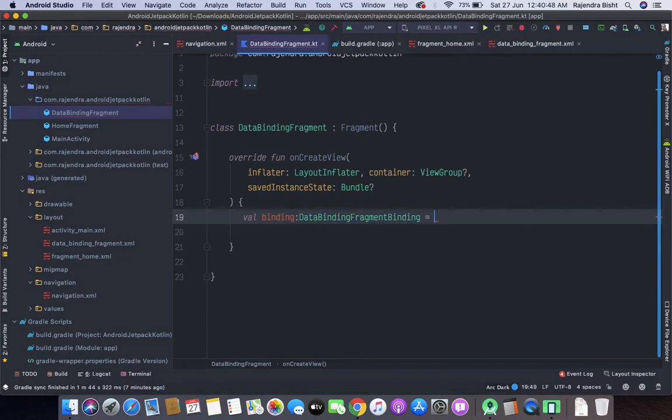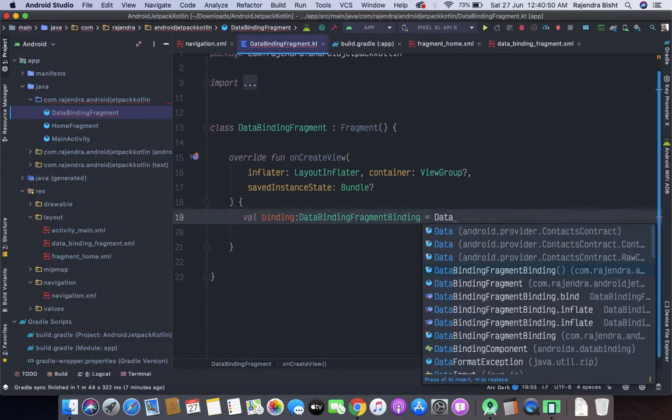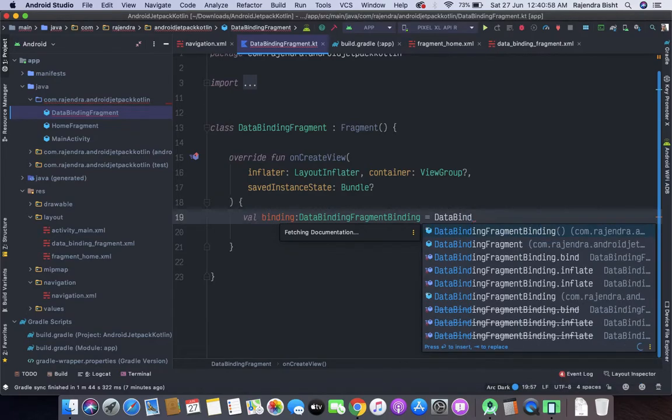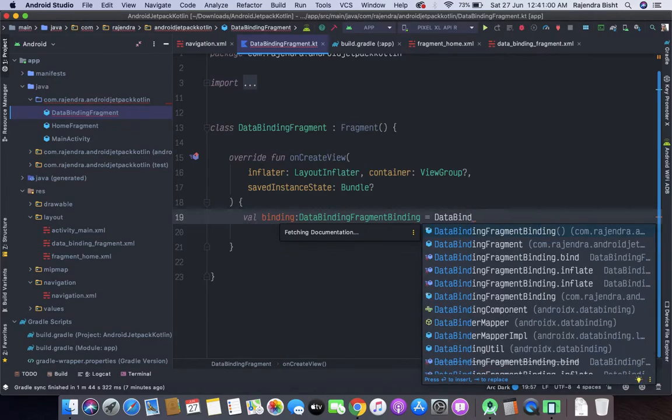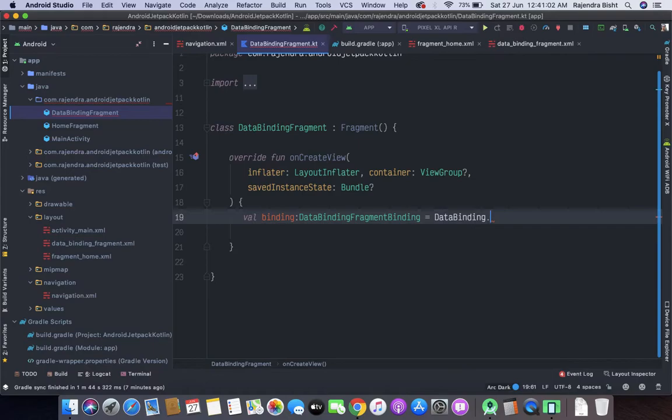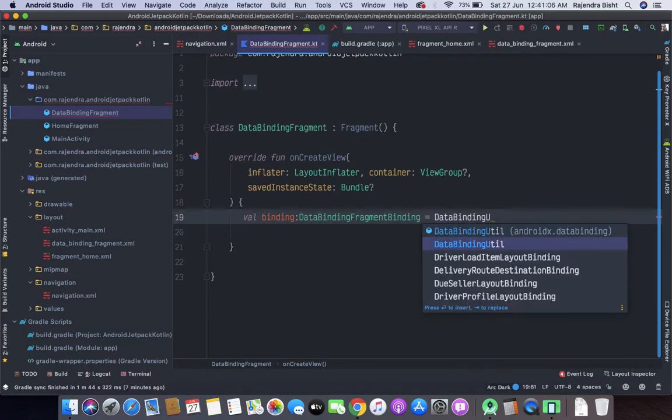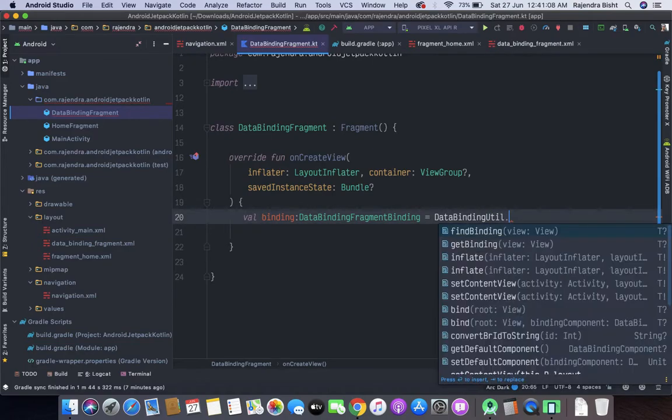Binding is equal to DataBindingUtil dot setContentView.